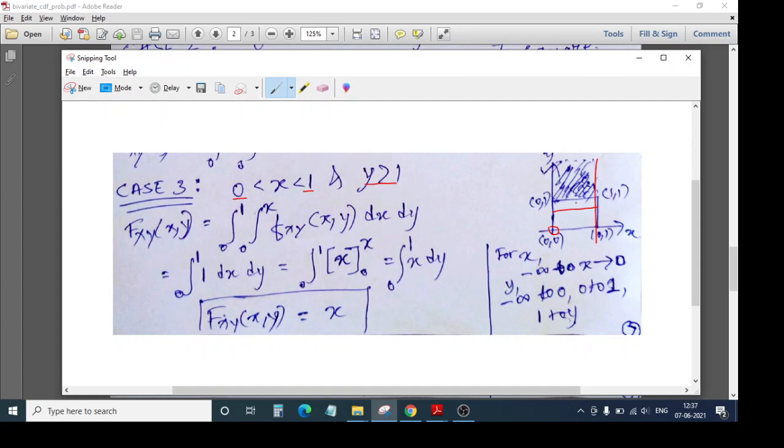That is greater than 0 and less than 1. So this is the area, but we need to consider the value of y as well. y is greater than 1, so y will go vertically like this, and 1 is here. So it is in this range. When y is in this range, x is anywhere in this range, from here to here.